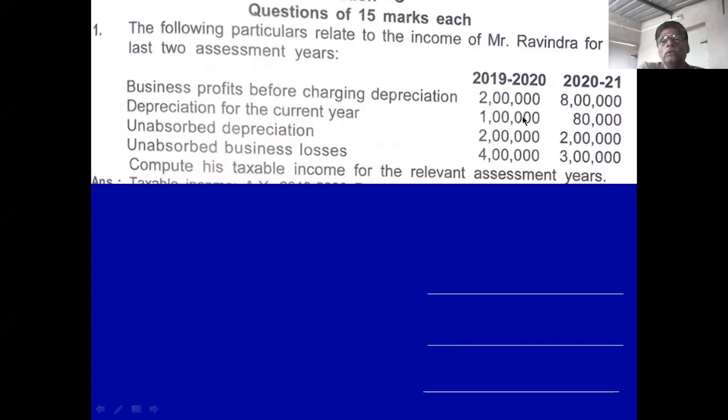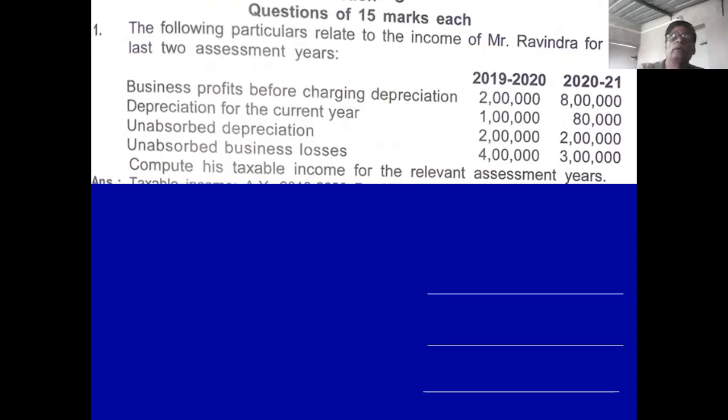In the current year business profit, first you deduct current year depreciation. Then you deduct current year capital nature expenditure, capital related expenditure. And third step, you have to deduct the previous year accumulated loss, previous year loss. Then previous year unabsorbed depreciation. Then previous year unabsorbed capital expenditure. In this way, you have to deduct.